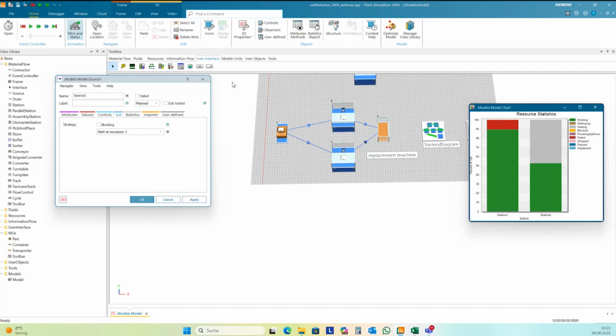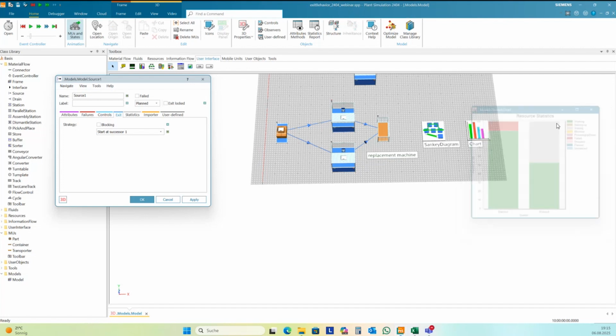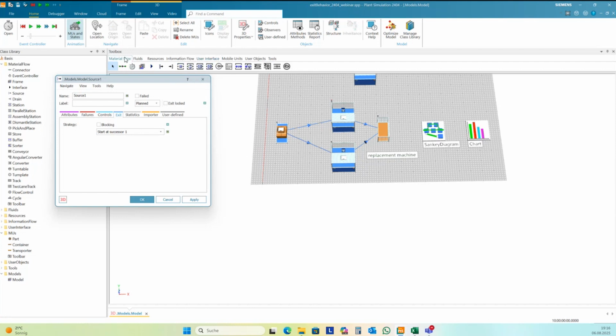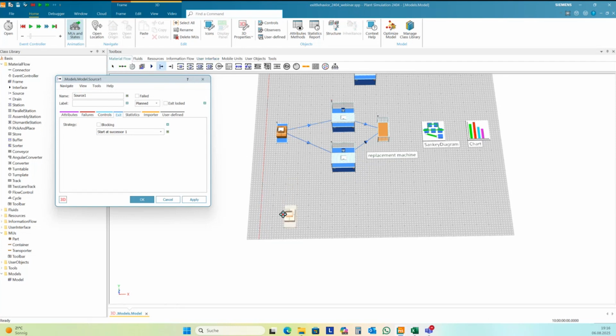Next example. You need to add 5% scrap to your simulation, and the scrap should be marked, and so we need here, for instance, the following strategy. Okay.